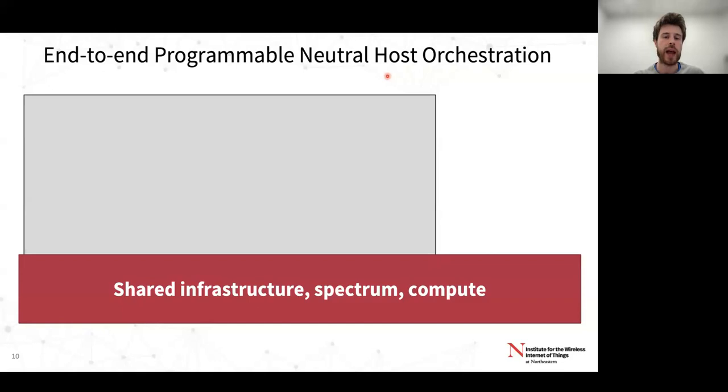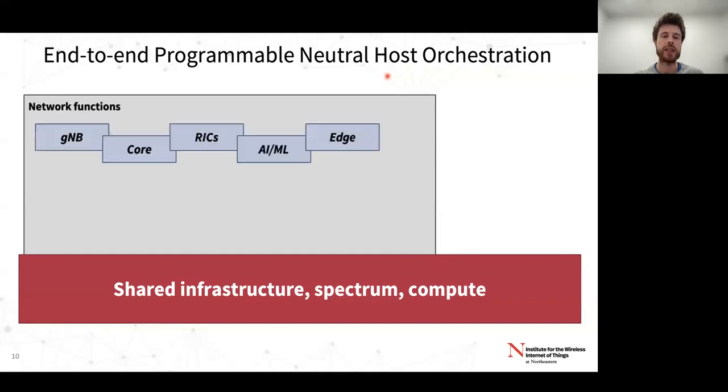But we can have some shared infrastructure, and we can also have some shared spectrum and some shared compute resources, where we can instantiate some network functions. So our base stations, our core network, our controllers, intelligence, and so on are not anymore